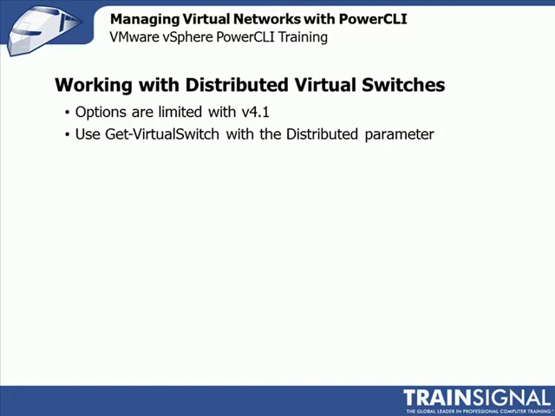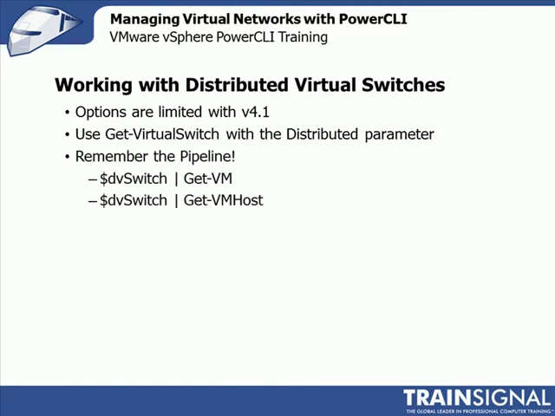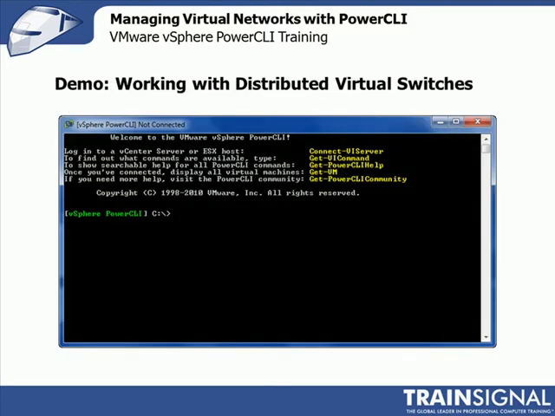So you can use the Get-VirtualSwitch commandlet with the -Distributed parameter to filter out and examine just those distributed virtual switches. Don't forget, you can also use the pipeline. This is great for showing you membership or the relationship between, for example, DV switches and virtual machines or virtual machine hosts. So before we go back to the shell, I want to show you